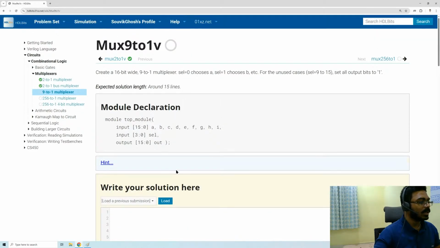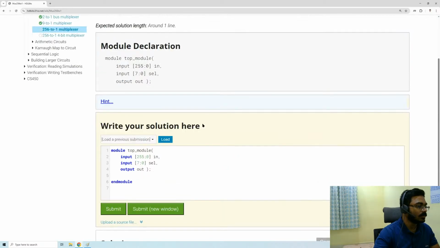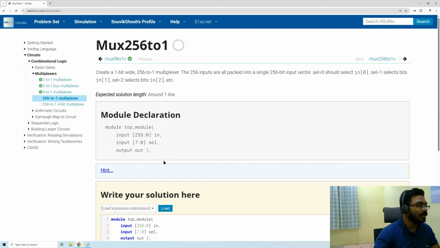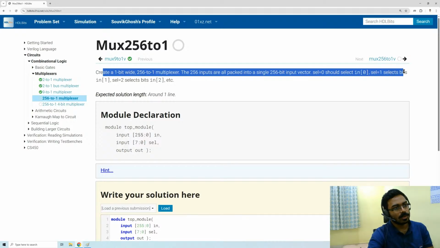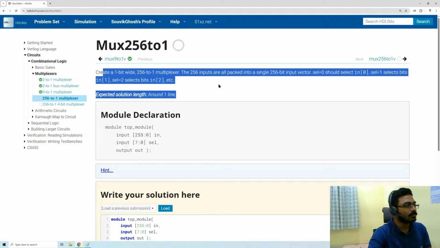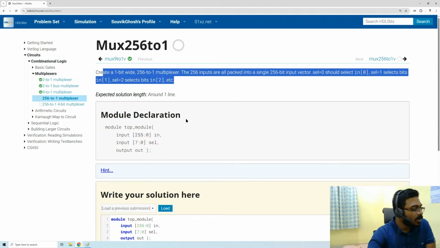So now let's move on to the next problem. Okay. So now they are saying create a 1-bit wide 256 to 1 multiplexer. Okay. The 256 bits are all packed into a single 256-bit vector. Select equal to 0 should select in 0. Select equal to 1, select bits in 1. Select 2, selects bits in of 2. So now what we need to do here is